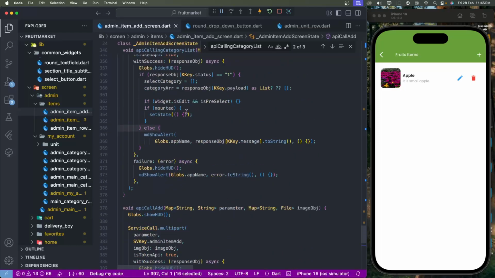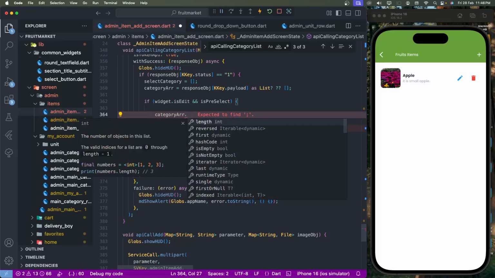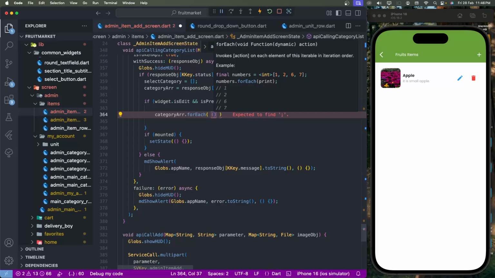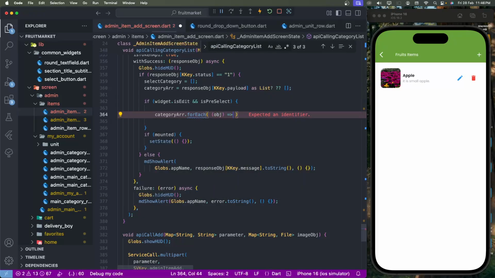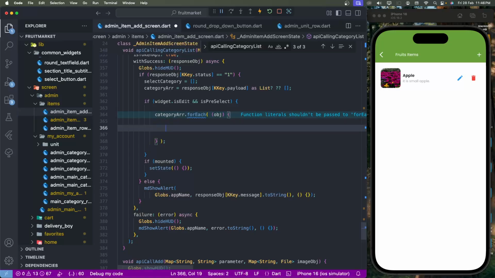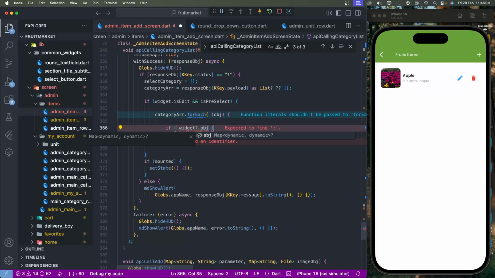And then after that we need to configure for the edits. Call this category array and set a for each with the object, and check the index of value. Find out for these objects. Now check if widget question mark object dot, get the check get id